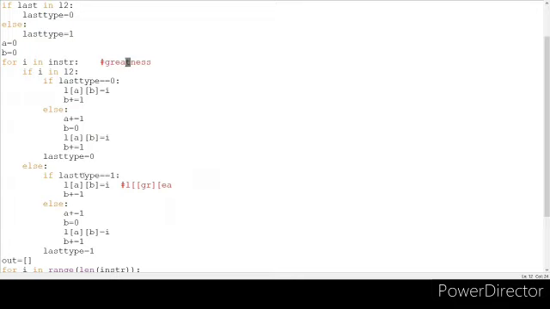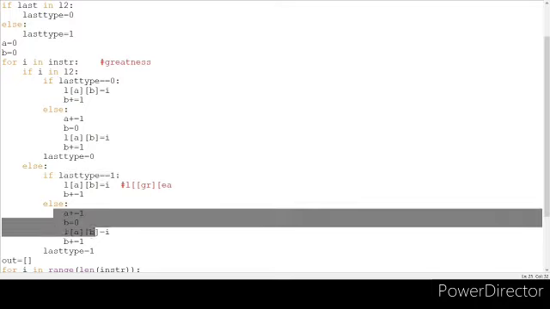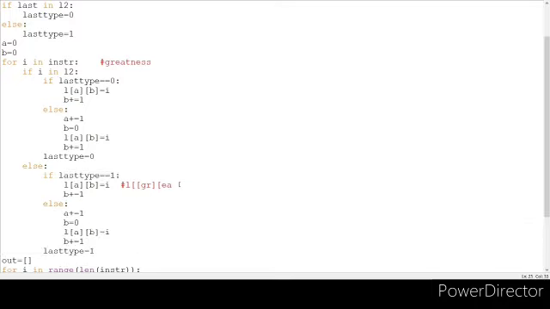And we are checking the next character, T. T is not a vowel, so the else block will be executed, and last type is not equal to 1. That is, last we encountered a vowel. So we execute this else block. We are creating again a new list. Now the A value is 2 and the B value is 0. What is the variable? T.